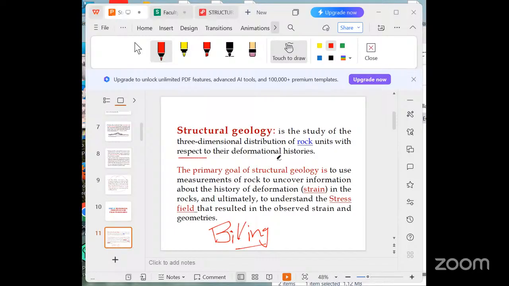The expression architecture of the earth crust is very appropriate because structural geology aims at understanding and interpreting the form, geometry, and certainly the elegance and artistic assembling of the components of the earth crust